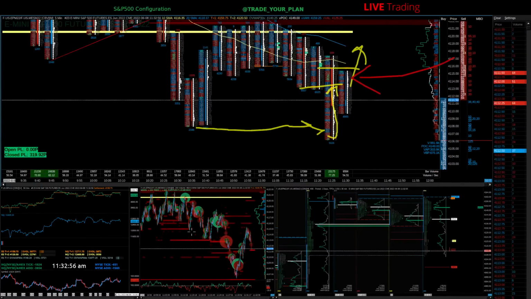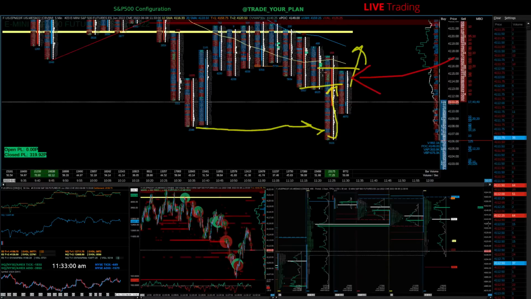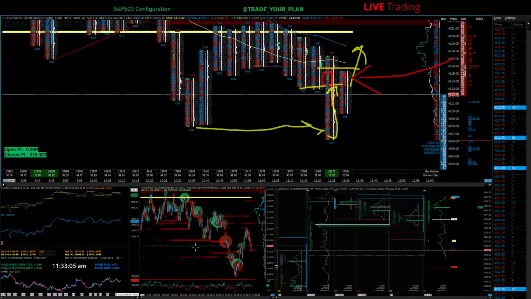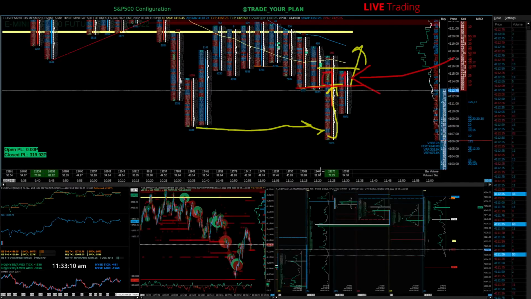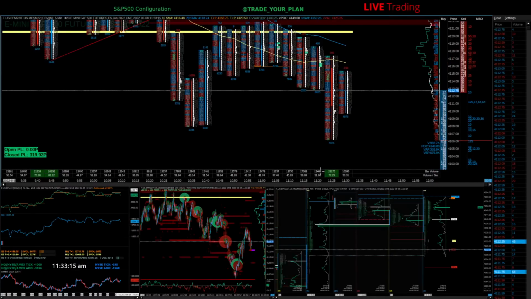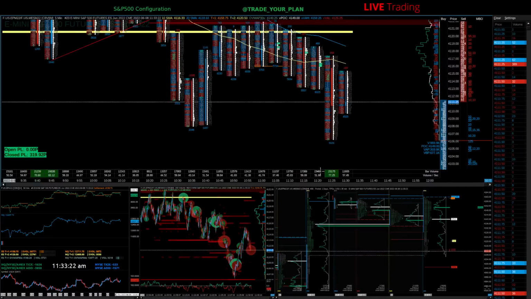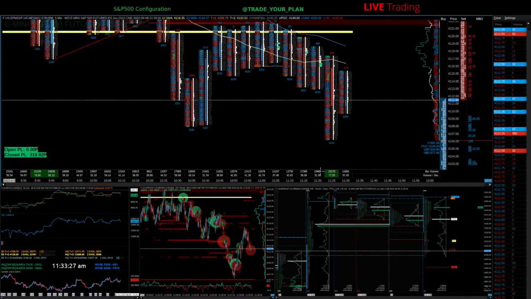So anyway, how many of you guys go long up there at the single prints? When I see single prints, I mean these teal things here, right? Come back up into them. How many of you go long here, because you're like, right, we got this level back, go long? Do you even know what I'm asking you? I don't know that it's precisely the wrong time. I'm just curious.